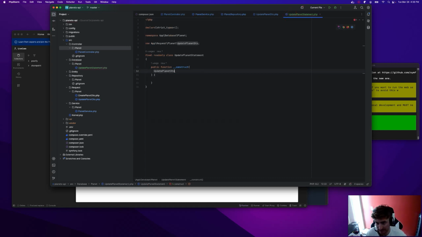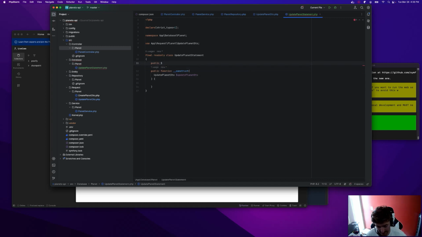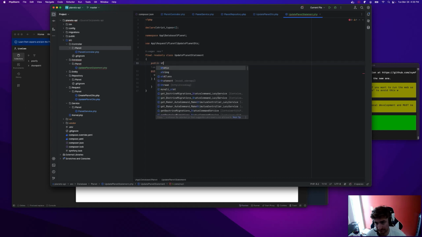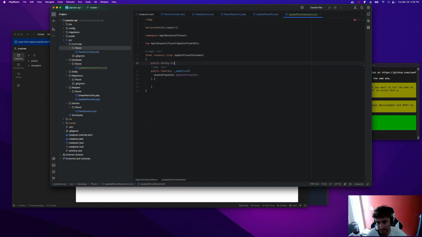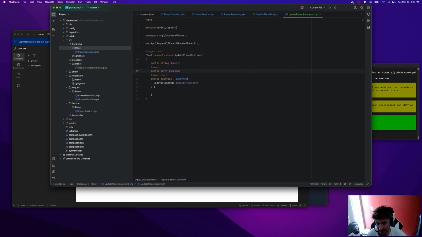So update planet DTO, and then let's do public query. Yeah. We need this to be a string. Public array params, and we're gonna go like,